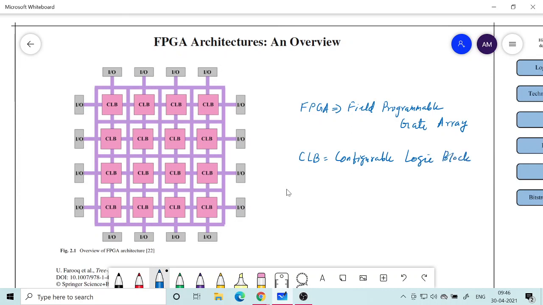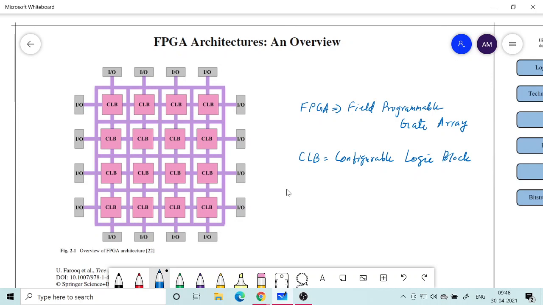Okay, so that is analogous to your LAB in the CPLD that we have seen in the last class. So that is where you put the logic. It has some kind of architecture which can be configured to function as a Boolean expression.